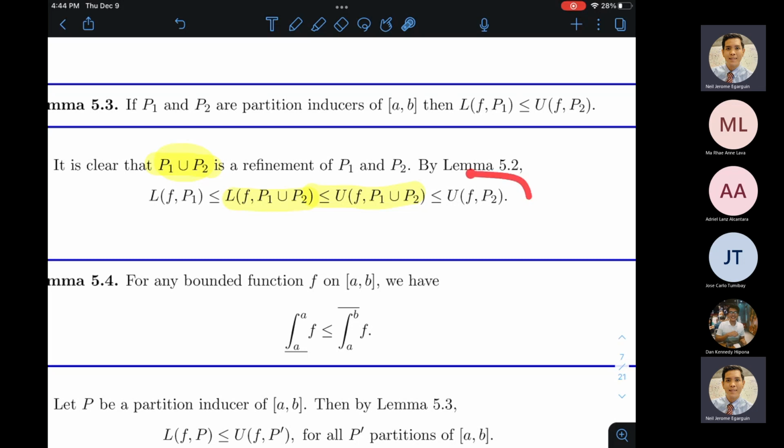For the trained eye, it might be obvious, pero sa ating mga starters, siguro kailangan natin yung mga detalye sa gitna. And I expect you sa problem sets na kahit nakita niyo siya on the net, I'm perfectly fine with it as long as you put the effort to at least insert the details. All right? Now, other questions?